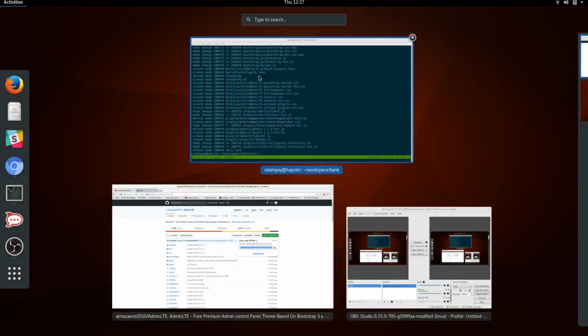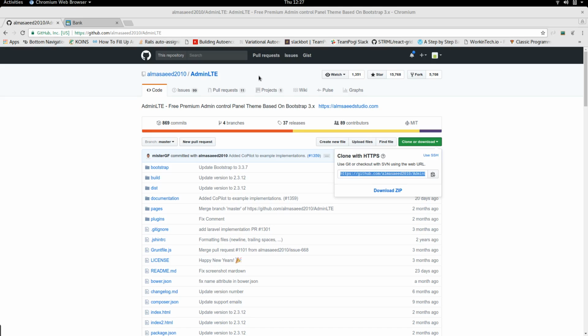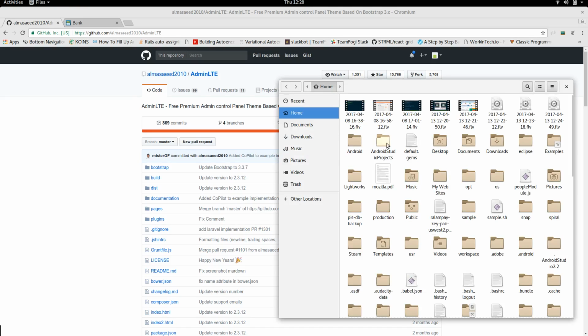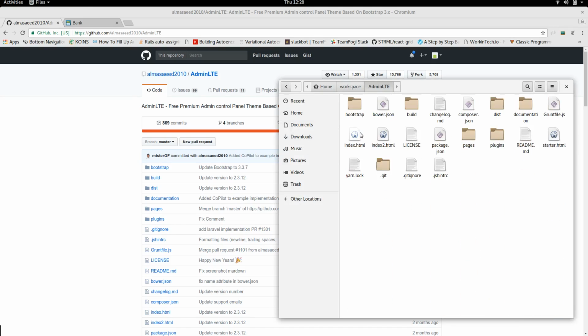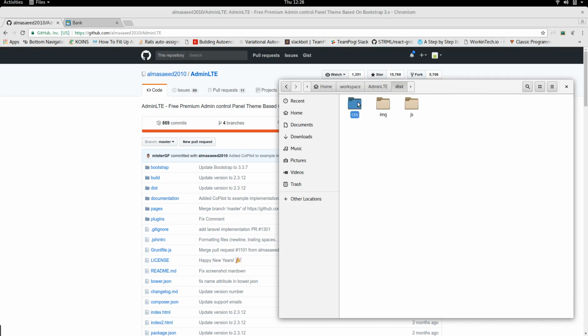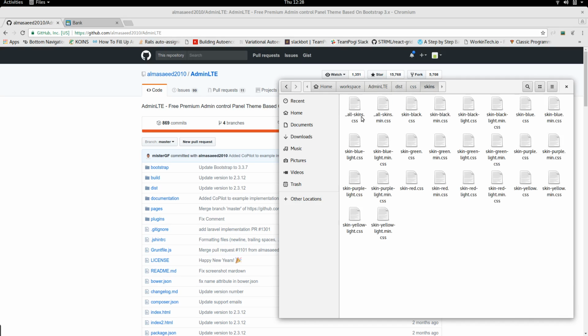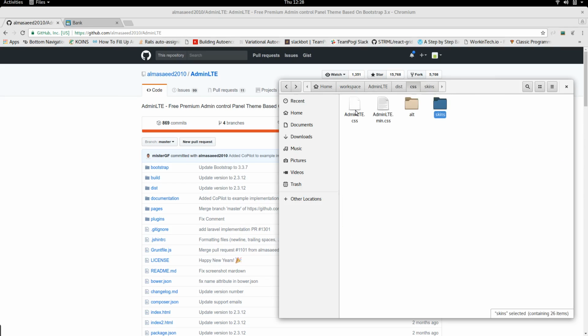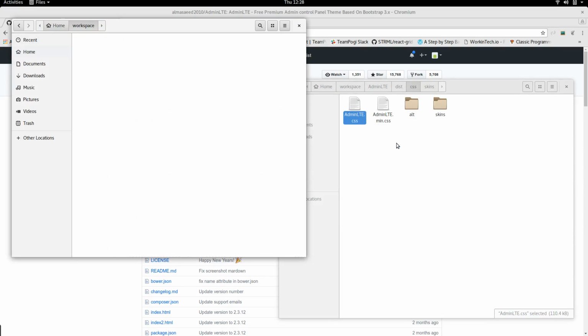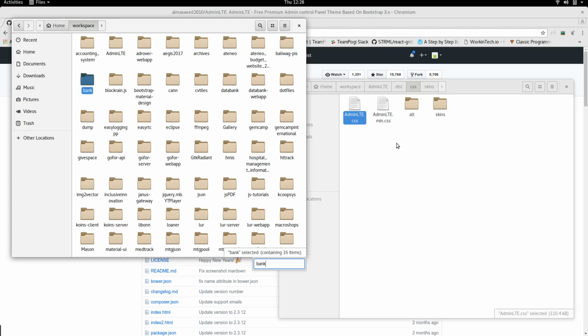Okay, so now that we have it in our workspace, what we'd want to do is get the CSS, right here. You can use the minified one or the .css ones, as well as the skins. The simplest way to do it is to probably just copy these files and move them to our assets directory. I know there might be a better way to do this, but